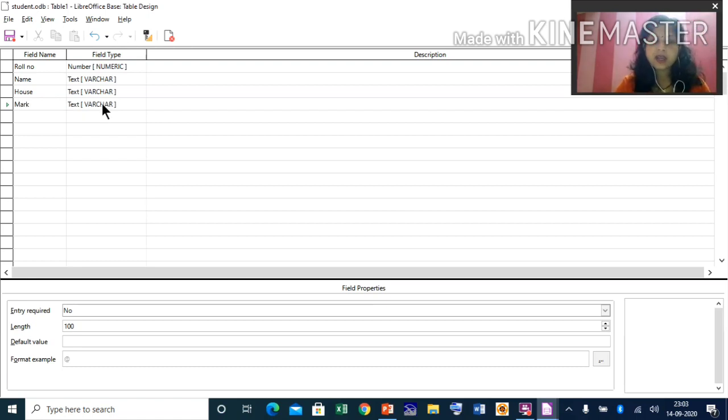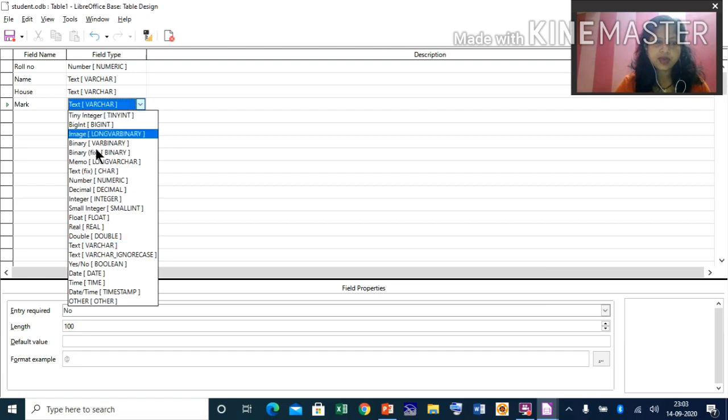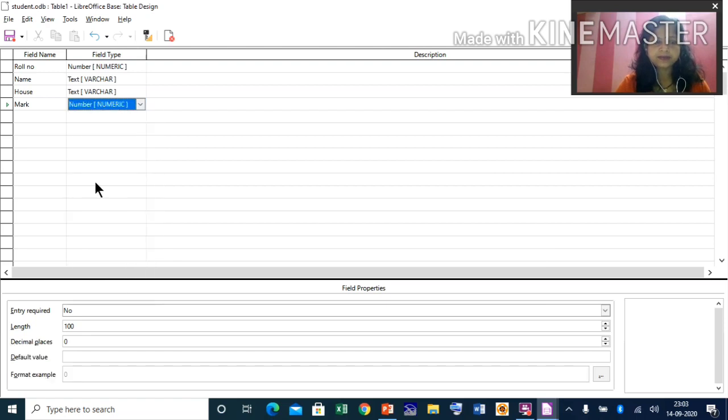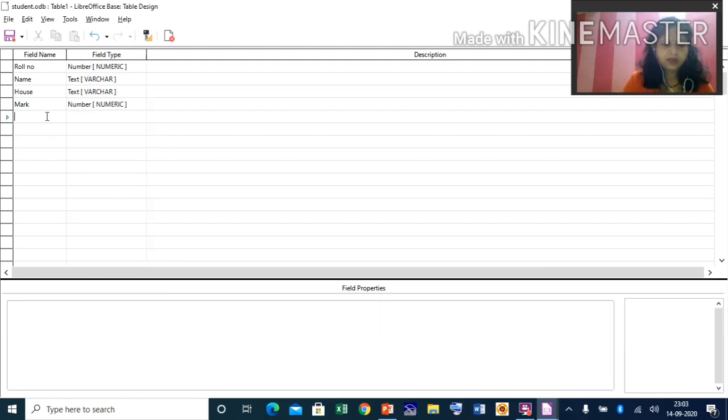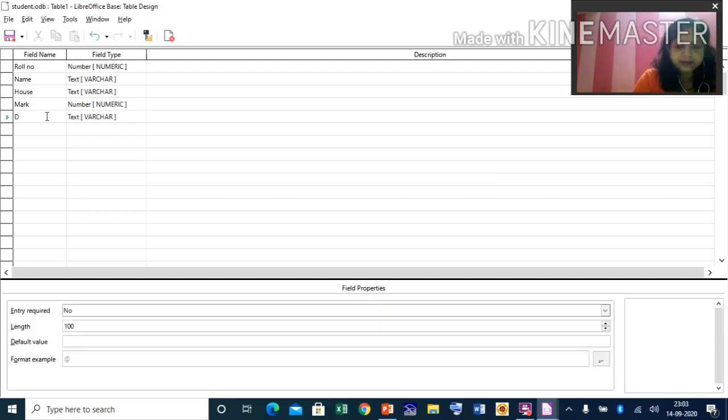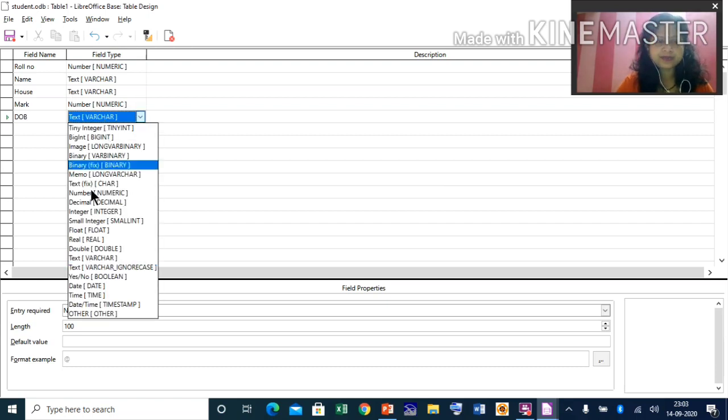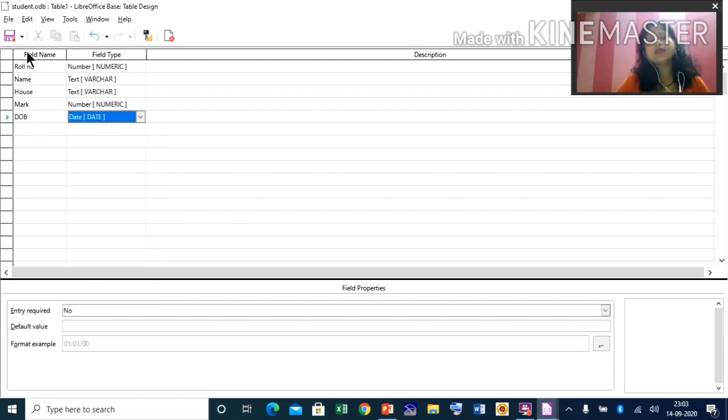Mark will be number type of data, so you can enter here number. Suppose your date of birth. Date of birth will be date type of data, so select date. Like this you can select fields and their field type.